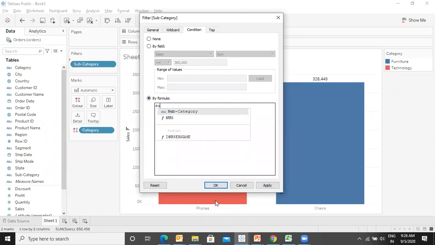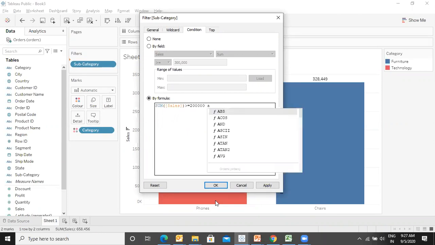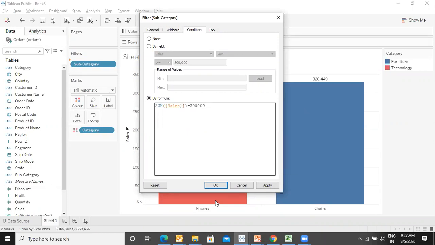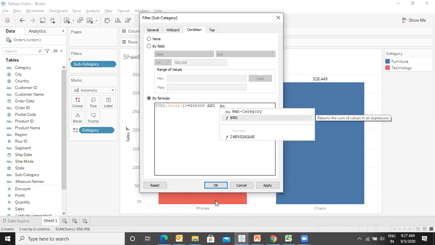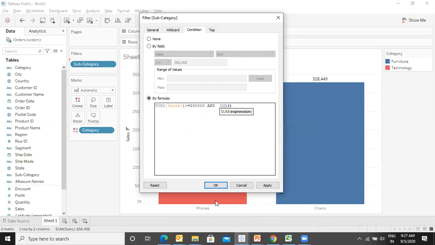So I will say sum of sales is greater than or equal to 200,000 and sum of sales is less than or equal to 300,000, and it should be, instead of and, I should take it as or, right? Say apply.